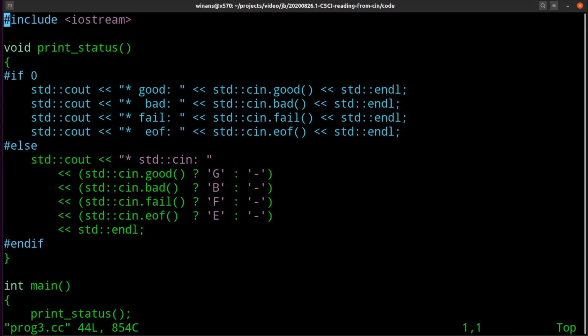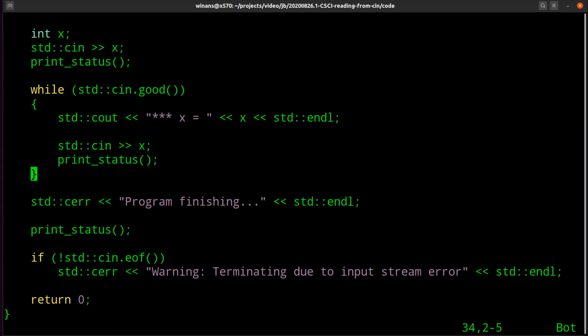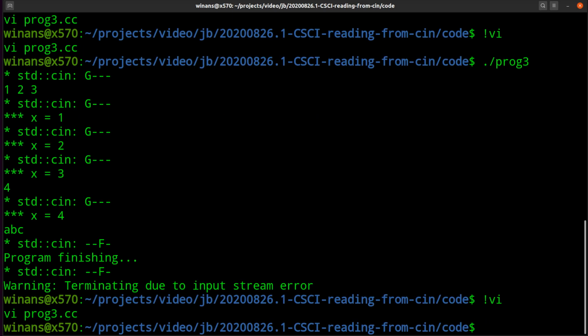So this structure is a much better structure to use when you're reading a sequence of numeric values using this technique right here, using what we call this extraction operator to just go get values one at a time and poke them into a value in a loop. All right? Now, this is a very verbose program. I mean, a seasoned programmer wouldn't type in all this code. All right? And by that, I mean the priming read and all the crud that's going on in here. So let's look at how to make this look a little bit more professional.